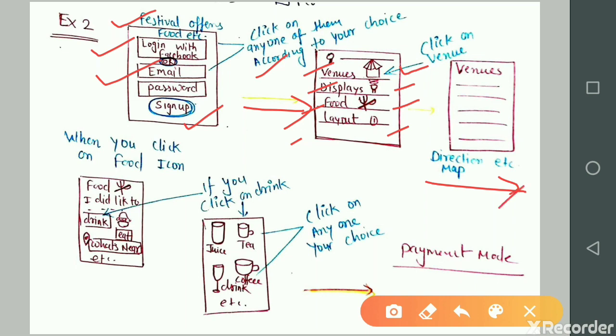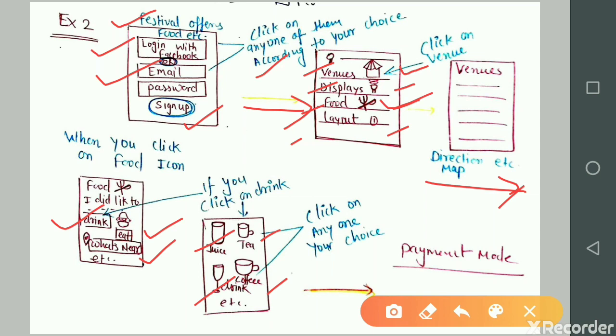When you click on food, drink is there, eating items are there, and what's near, restaurants are there. So when you click on the drink icon, you will see juice, tea, drink, coffee.